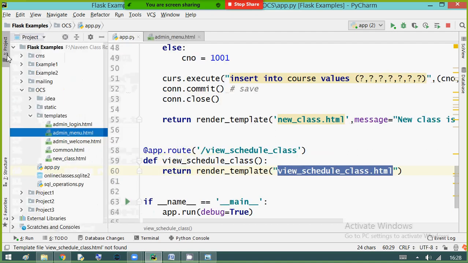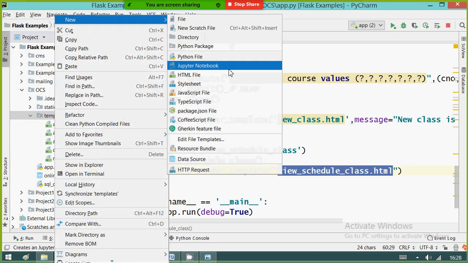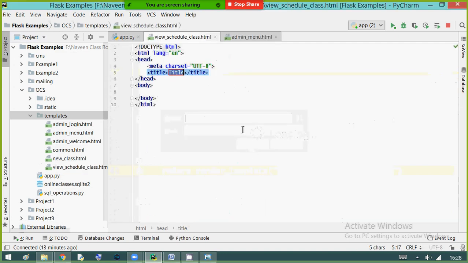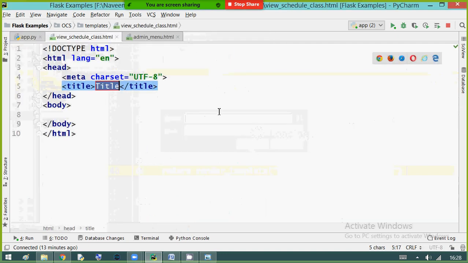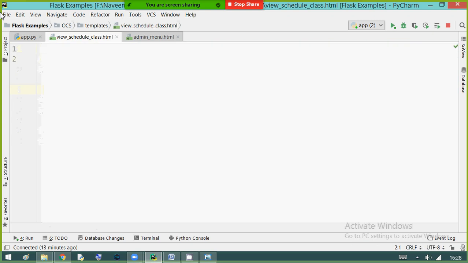So we need to create that HTML inside the template folder. A new template file, same name I copied. You can remove the extension. View schedule class.html.